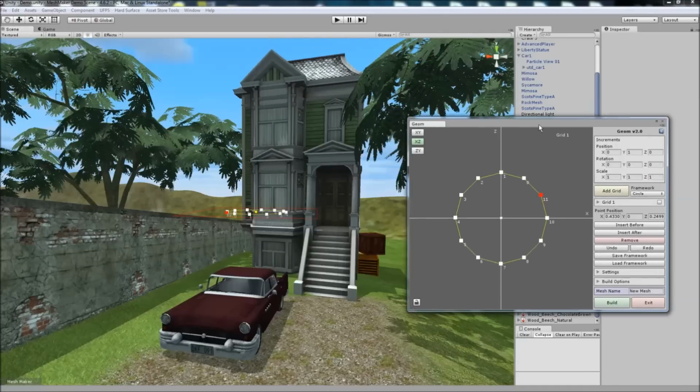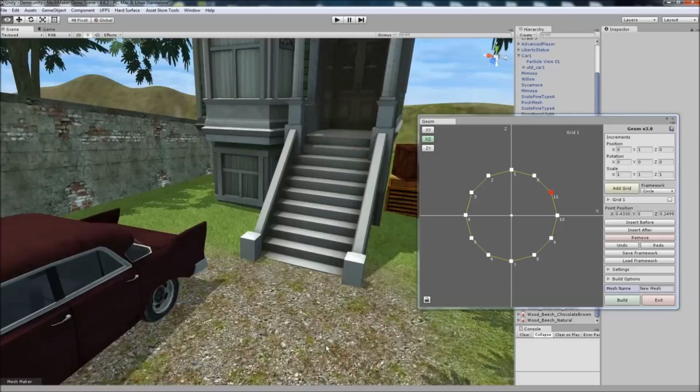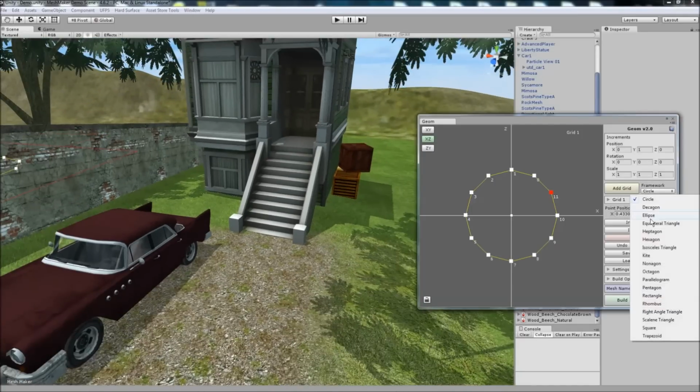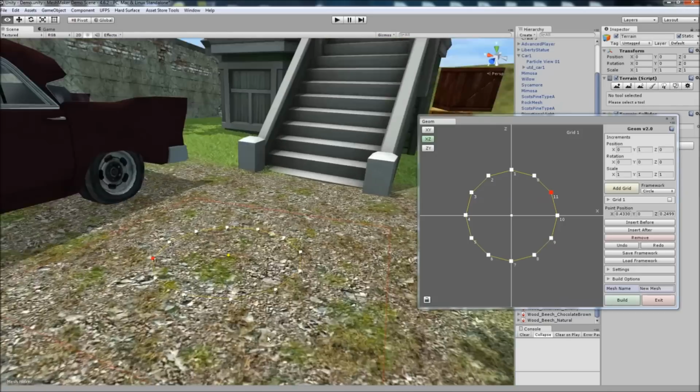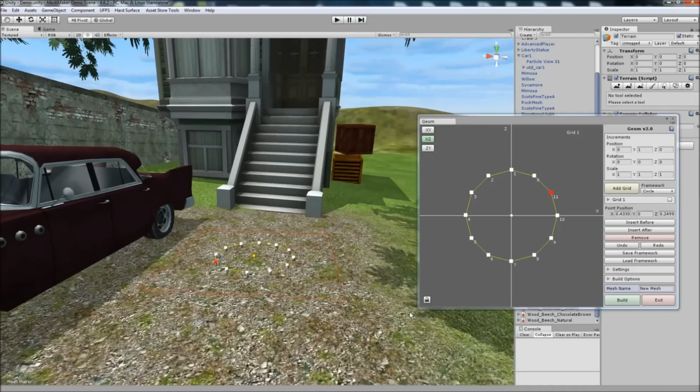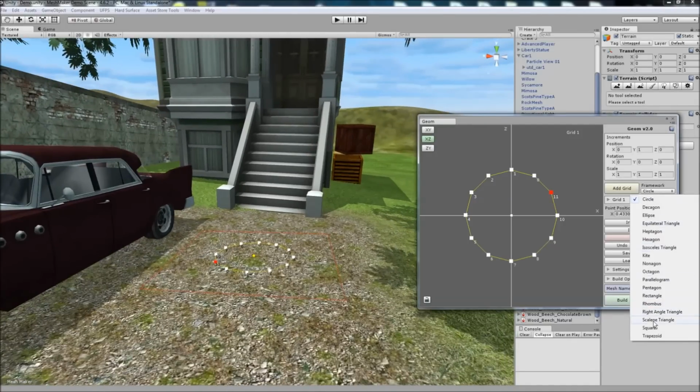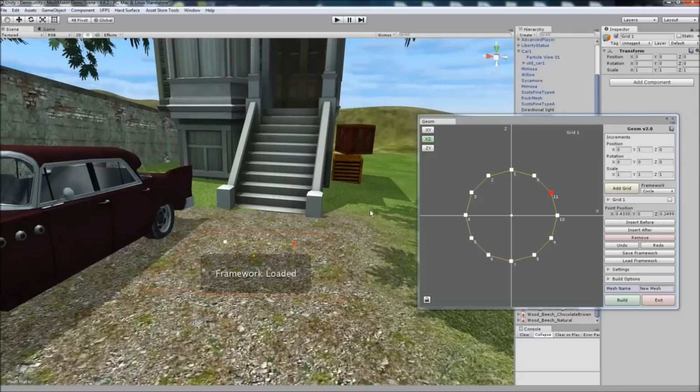With Geom here, you start with a basic shape, which is called a framework, and you can double click to place it anywhere in the world. And let's say we wanted to create a planter. We start with a square object, and we would scale that,